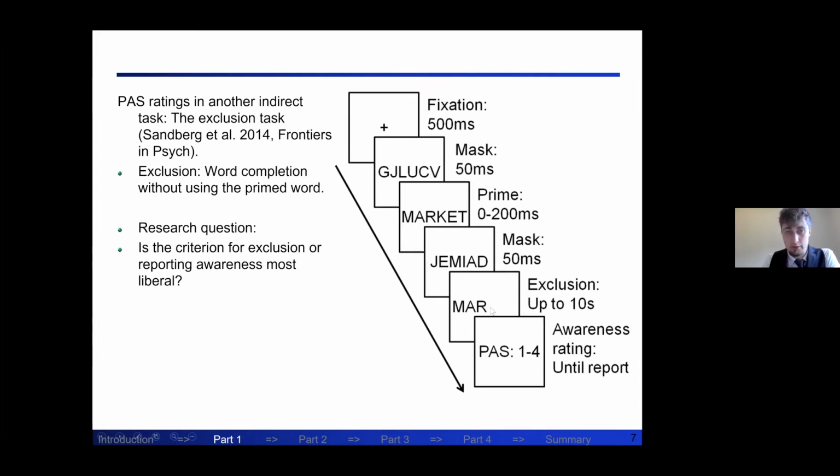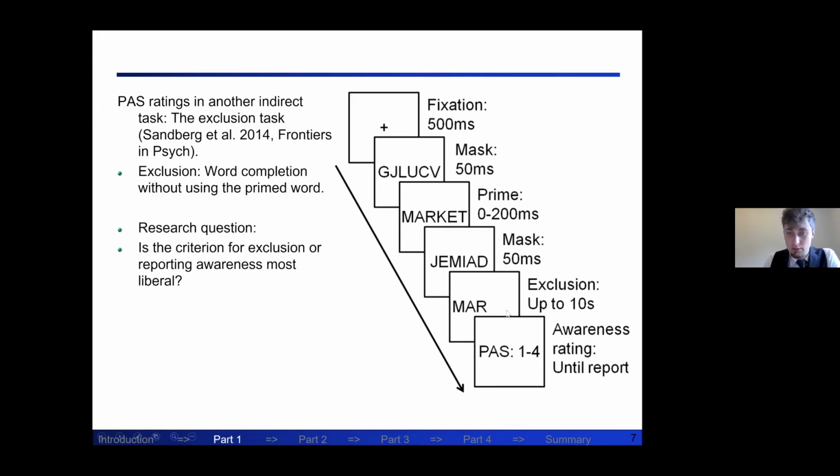you're supposed to write something else. So the correct answer could be March or Mars or anything that really starts with M-A-R as a word. So in this case, you're primed to write "market", but you're overtly trying to write something else. So you have overt processing and unconscious processing working against each other. And then you can either look at it across different conditions or use both inclusion and exclusion tasks to estimate the proportion of unconscious processing.